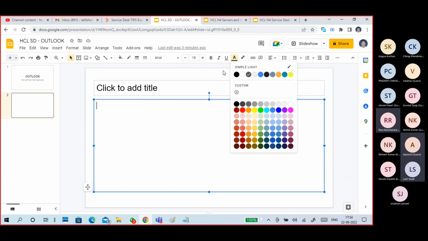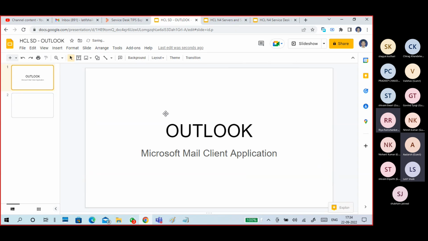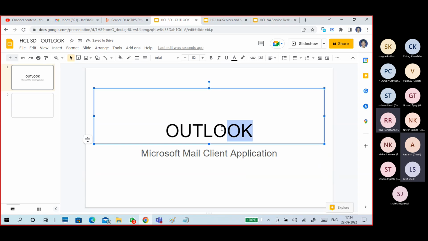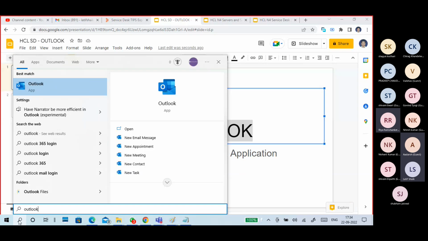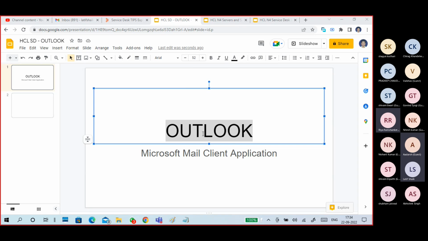Okay, so the first one is, what is Outlook? Outlook is an application. You can see my Outlook application here. It is a Microsoft Office related application. The Microsoft Office suite means Word, Excel, PowerPoint, Outlook. So one part of the Office suite is Outlook. Outlook is a very simple application,